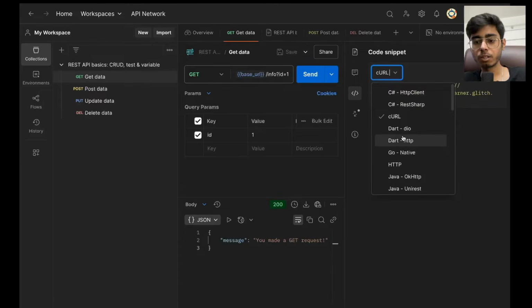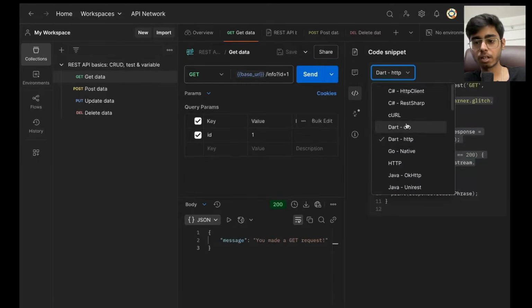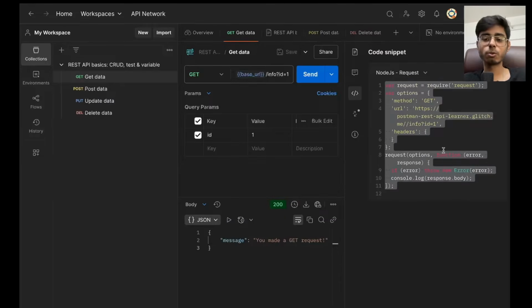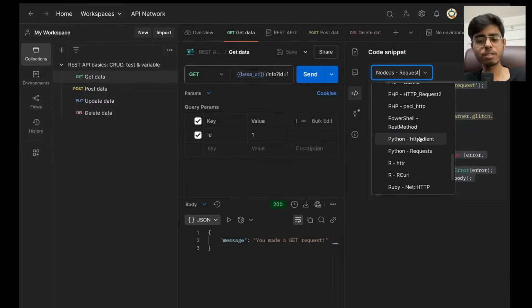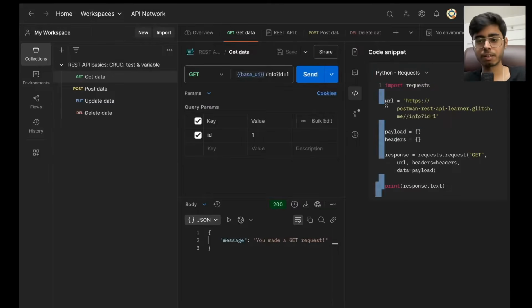If I take you to Dart, this is the HTTP method Dart code for this. Similarly, I can show you the Node.js request. This is the Node.js code for this. So at the end, this is the normal curl request, but you can translate it to multiple programming languages, whichever language you're using. This is the Python code for the same request. Okay, same request. So this is the API, application programming interface.